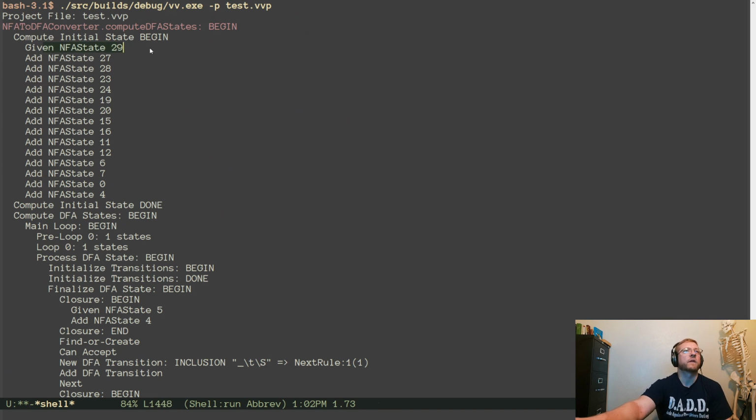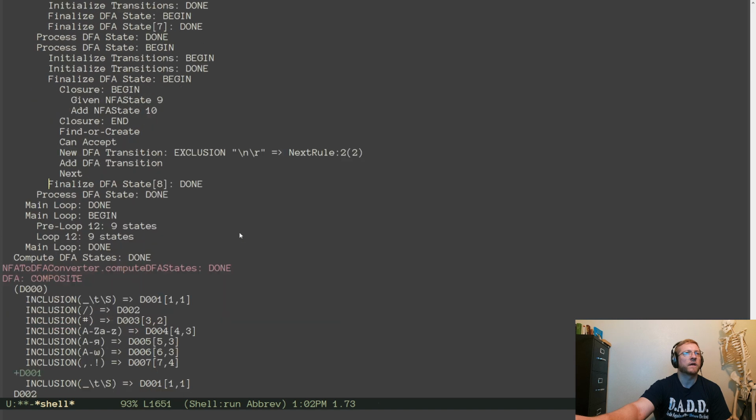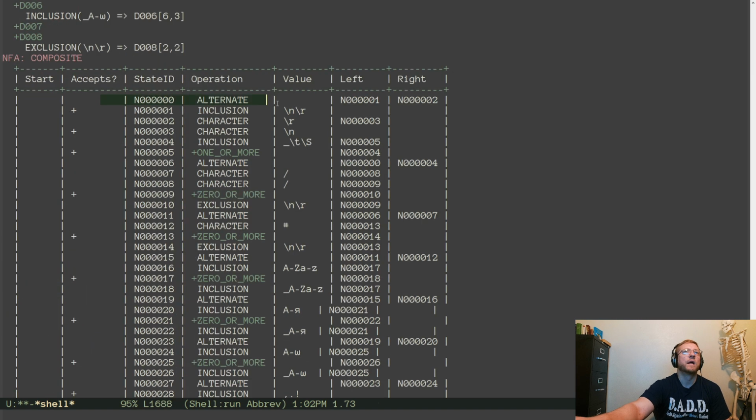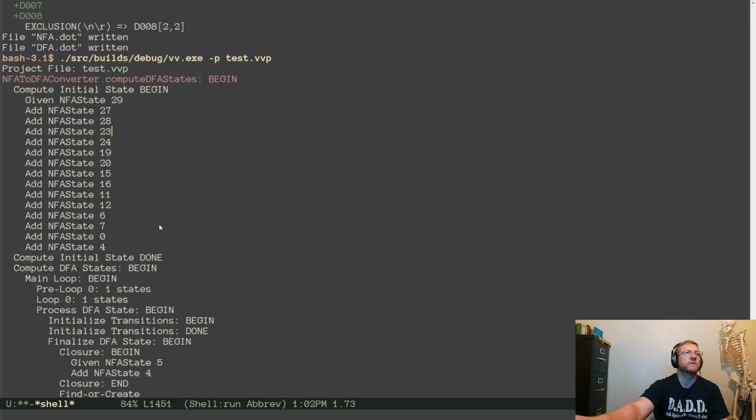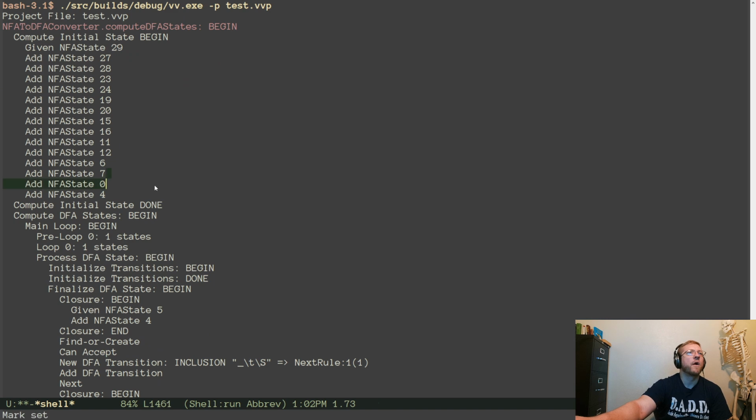Given NFA state 29, add. Now I think the one we care about, if we go to the NFA, is 0, which needs to pick up 1 and 2 and 3. 0, 1, 2, 3. So given 0, somewhere